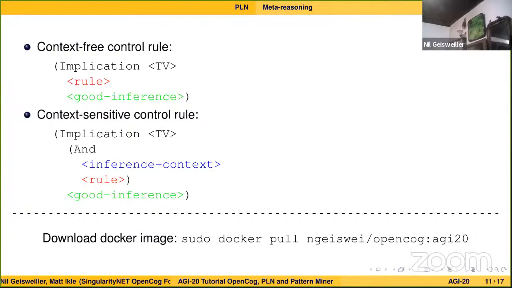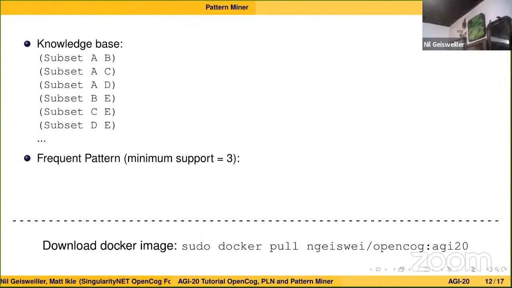And the other related aspect is that the pattern miner itself is actually implemented on the rule engine. So it is a form of reasoning. It's not a fully transparent form of reasoning, although it could be in practice. But the interesting thing is that because it's a form of reasoning, the pattern miner itself can benefit from learning inference control rules. And so this is really an example of fully recursive meta reasoning, where basically the only